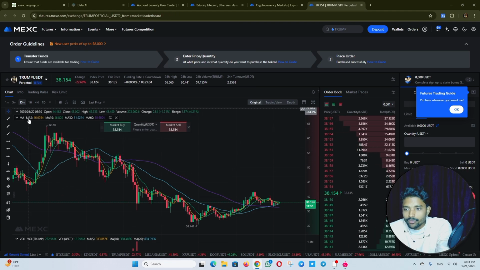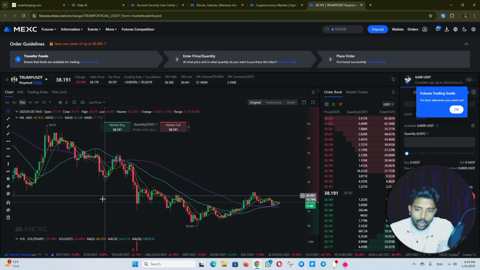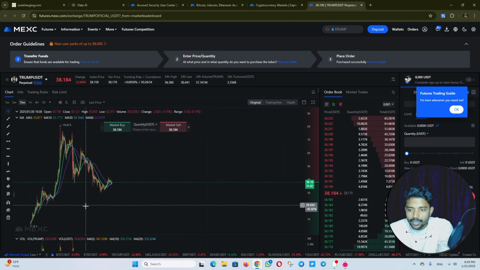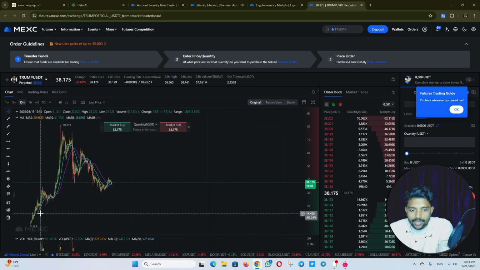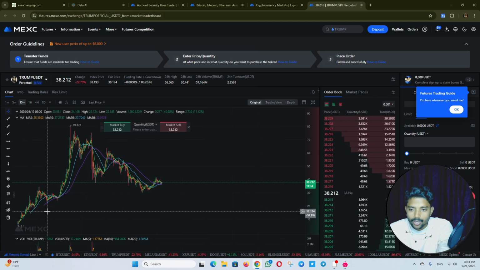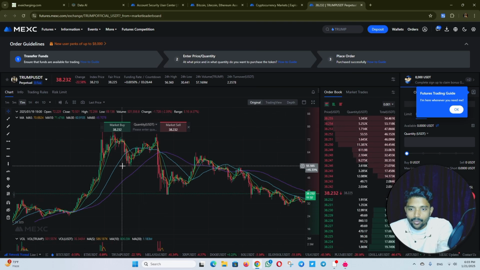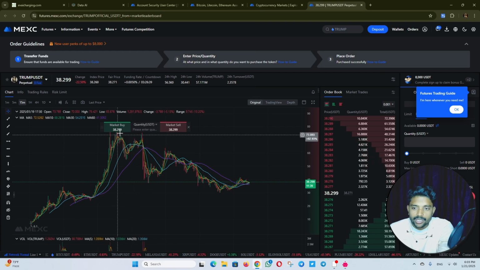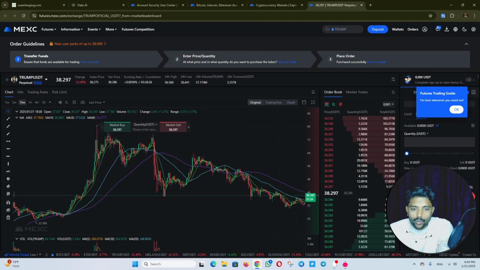So let's open the chart. I will show you in the 15-hour frame chart. When this coin launched, our official Trump USDT, the price was only about 13 USDT. You can see here the bottom price starts at 13 USDT, available on all exchanges, like the most trusted exchange, MEXC. You can see here in only one day the price went to 79 USDT. The market price is 38 USDT. If you want to buy and sell, you can click here.